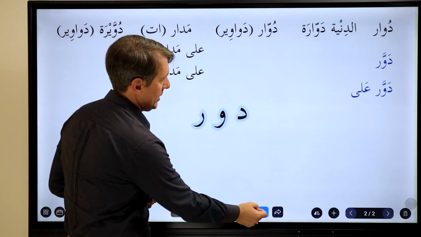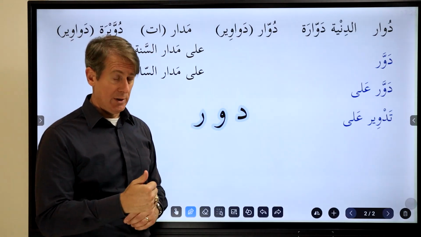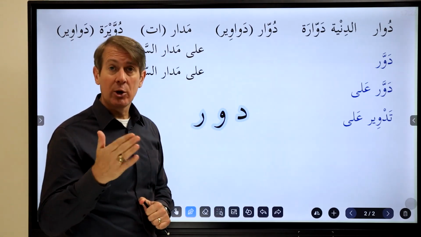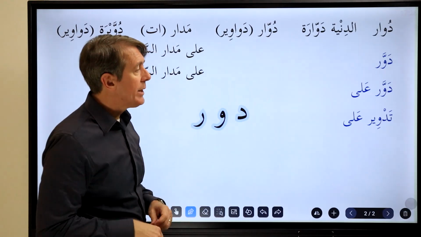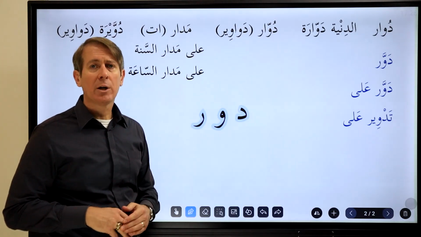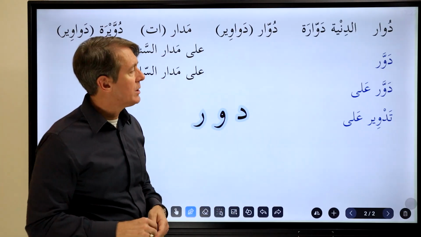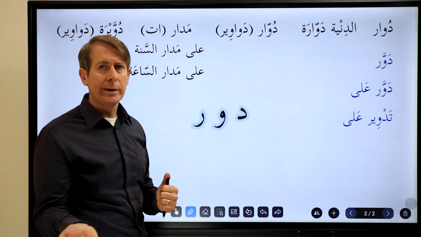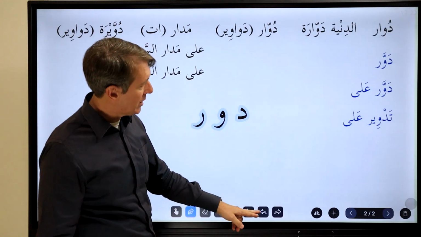Next, tadwir ala. The noun tadwir, this is the masdar. Tadwir ala means the noun or gerund, looking for. Looking for. تدوير يعني التدوير على أفراطة يعني برا بالعتمة صعب. You know, it's difficult looking for change outside or in the dark. يعني برا بالعتمة, it's hard. Okay, تدوير على.